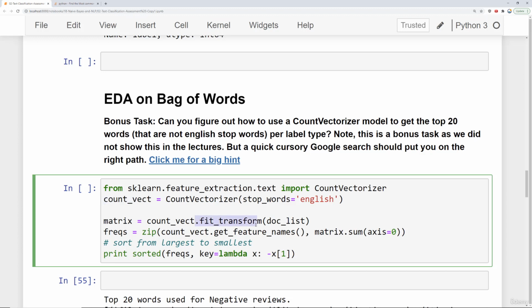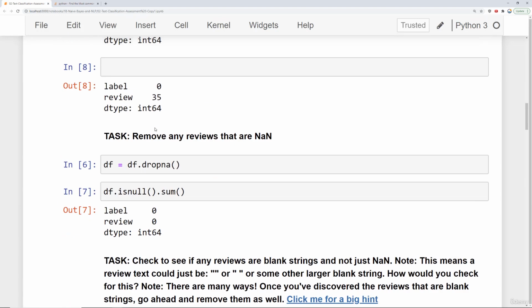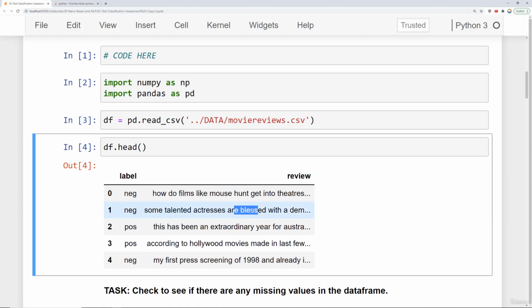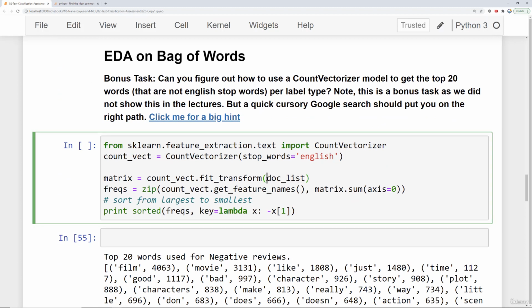Okay, so now you have this count vectorizer, and what is it doing? It's simply fit transforming on that list of documents. So what are our documents? Well, the documents is just the review column. So if you go back to your data frame somewhere around here, note that the list of documents is just this column of all these reviews. So what I'm going to say here, when I scroll back down, is instead of doc list, I'll say this is equal to df